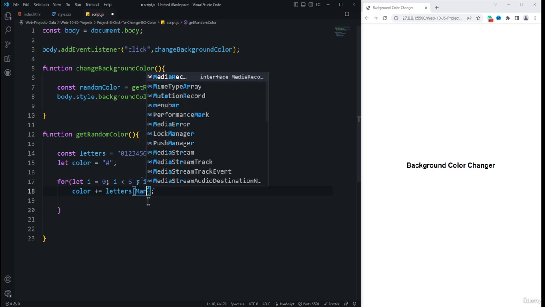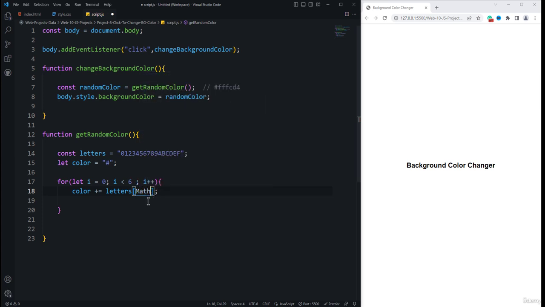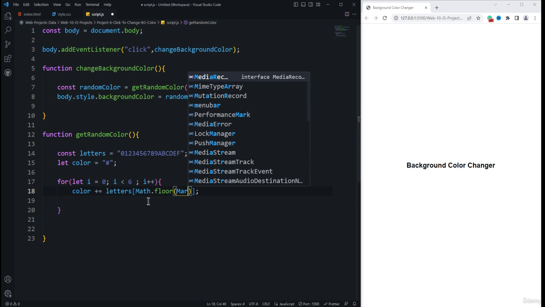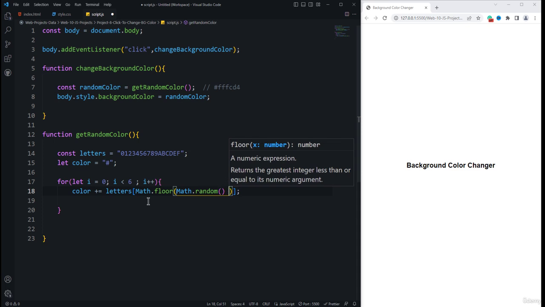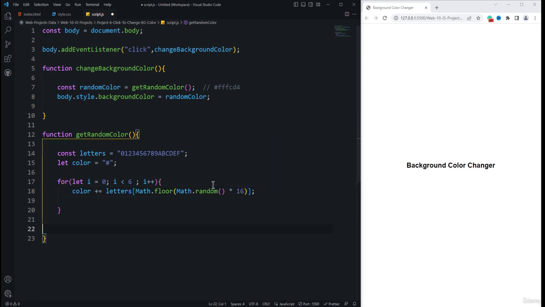So I'm going to use Math.floor. Floor is used to get the nearest possible whole number, and then we need to use the Math.random function. We need to multiply this random function with the number of characters. So we are multiplying with 16. That is why I have specified a 16 value, because we want to generate a random number between 0 and 16 only. After that, every time this iteration runs, it's going to generate one random character